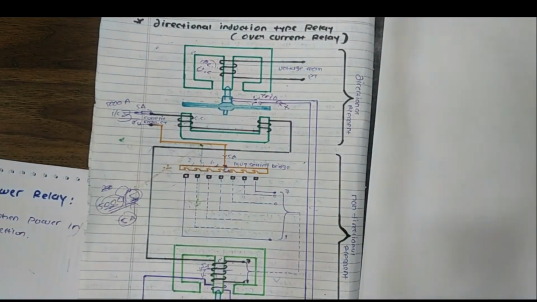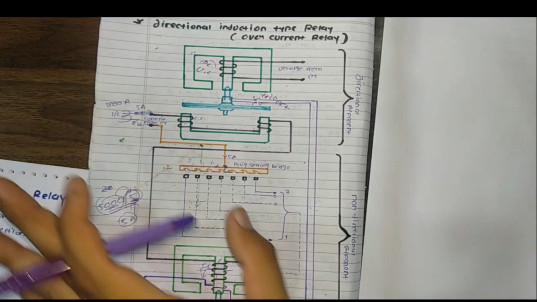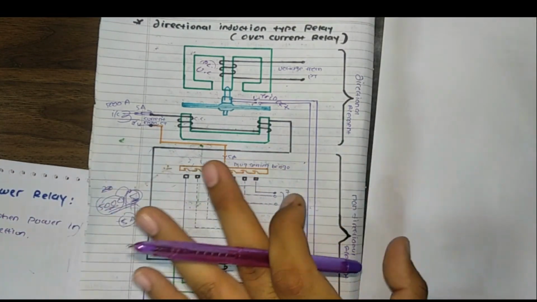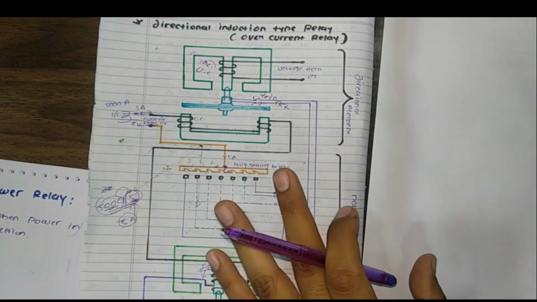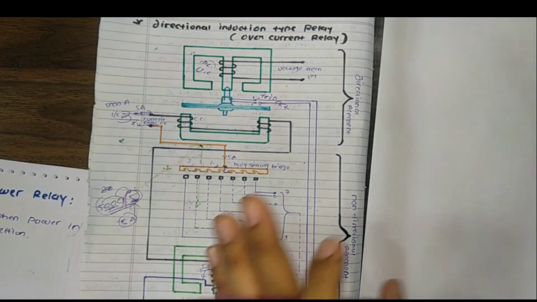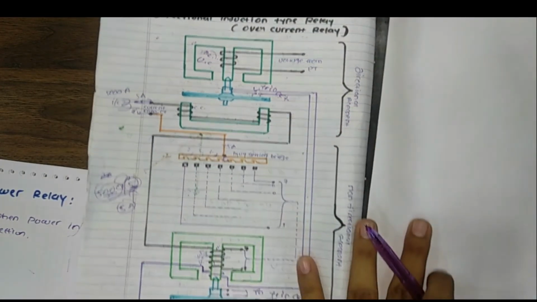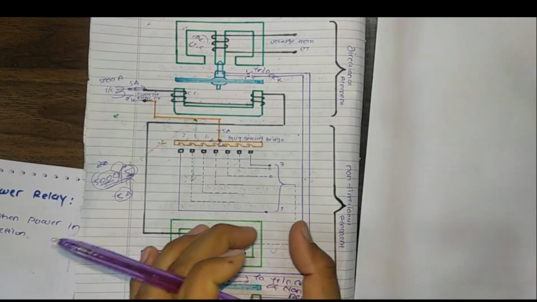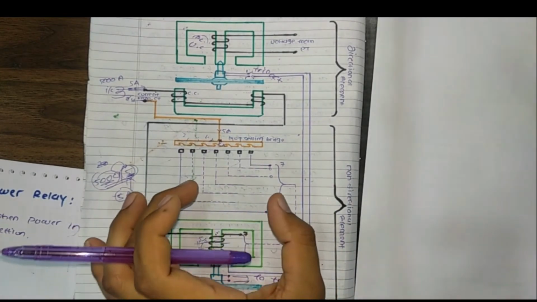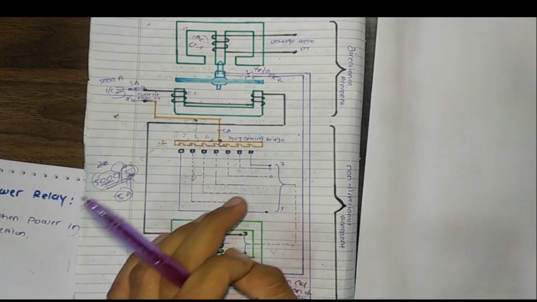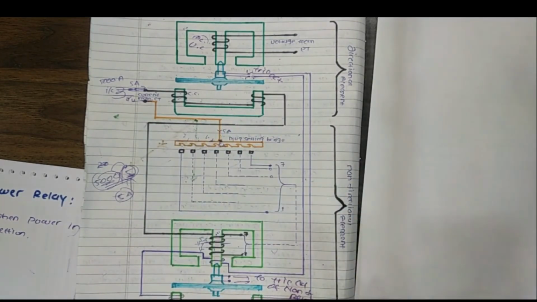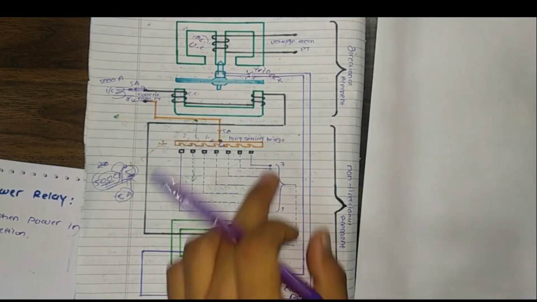Fine, it is having some tendency of power. Power has a tendency to flow in the reverse direction. So when the fault takes place, the current or power in the circuit has a tendency to flow in reverse direction, and the current flows through the current coil of the directional element, which produces the flux. The current in the voltage coil produces another flux, and the two fluxes interact to produce the torque, due to which the disc rotates. As the disc rotates, the trip contacts get closed.